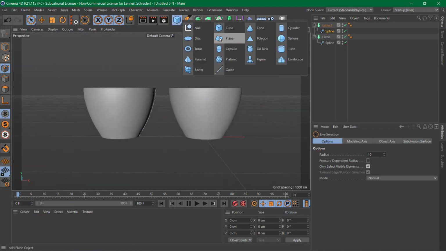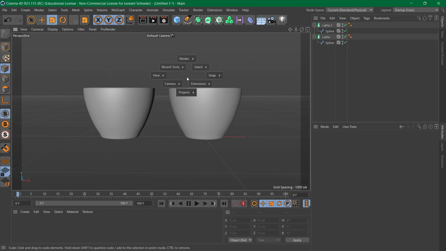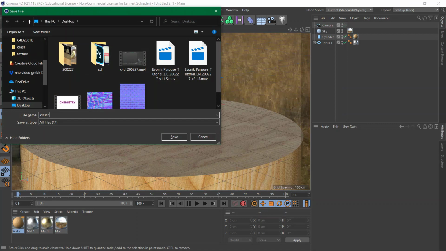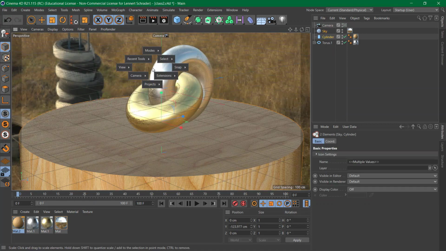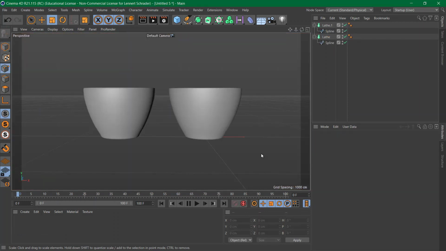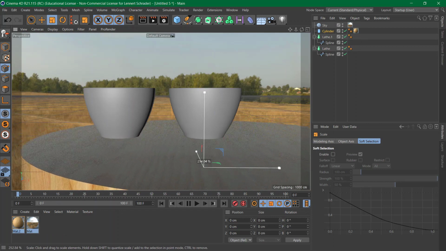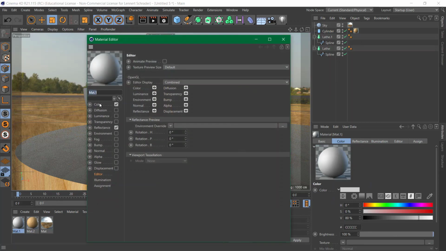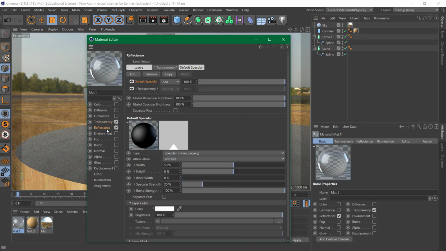Let me now create just something like a disk, so I have something where it can sit on. Or actually, let me just use the setup from our scene here. Just select the sky and the cylinder, copy it, move it over, paste it, like this. Now I create a glass material, no color, in the transparency, choose glass, in the reflectance, get rid